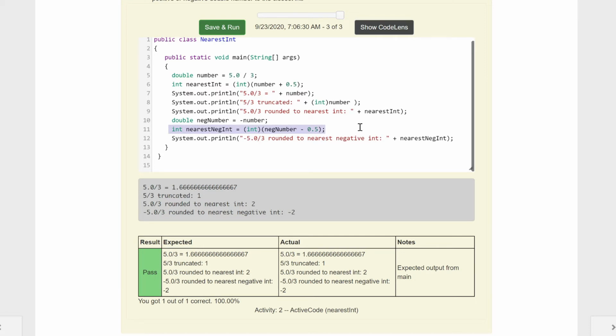We are doing a negative number now. So this one is a new variable, nearest negative integer, and that is an integer with the variable negative number minus 0.5. So it's basically the same thing up here, except instead of plus, we are subtracting. And this printout basically does the same thing. Negative 5 divided by 3 is negative